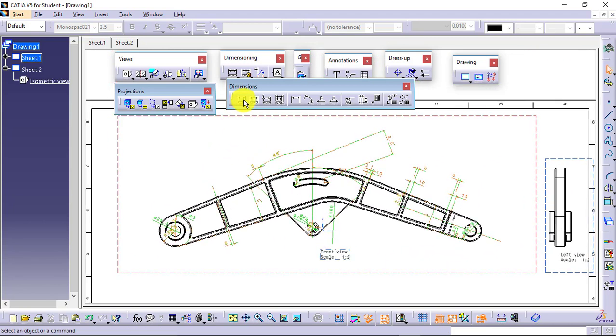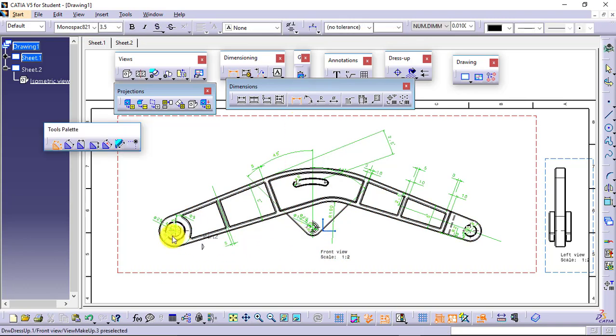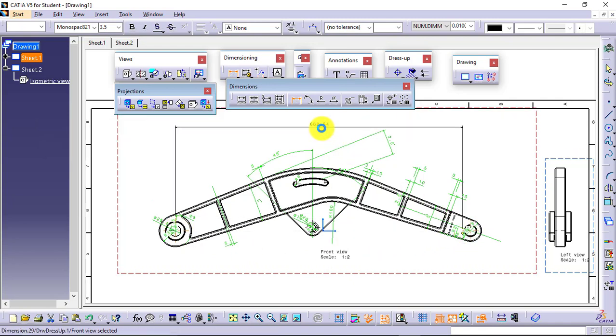Yes, this is the toolbar. Dimensions, chained dimensions, cumulated, stacked, and these are the dimensions which we mostly use. Length or distance, select it, select the elements between those you want to apply the dimensions, and you will be able to do that.